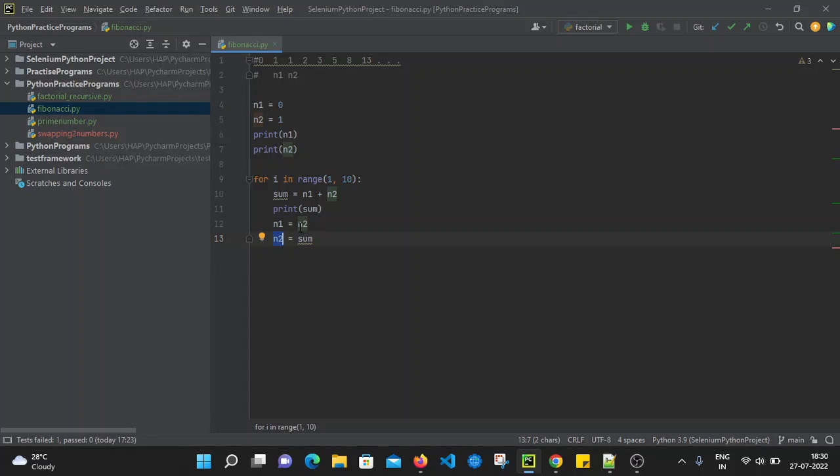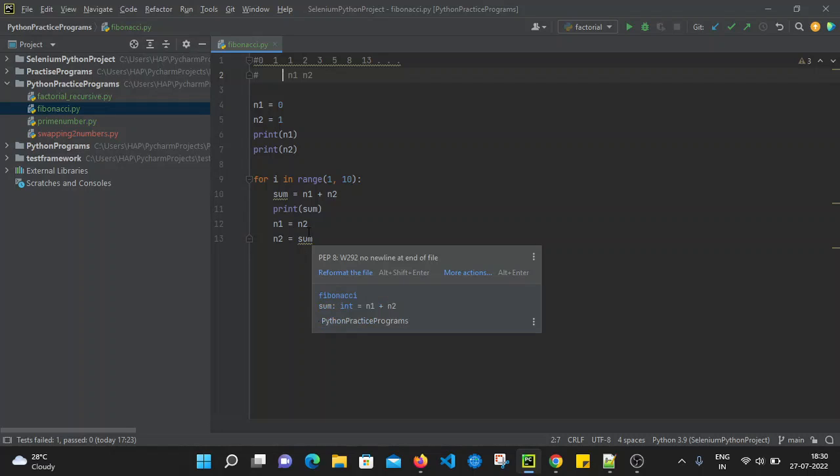And after that, again we will assign the n2 value to n1. So it will again go one step forward. For example, now n1 will become n2, right? So n1 will become n2 and n2 will become the sum value. Now the sum value was 2, right? So in the next iteration it will perform 1 plus 2, that is 3, and it will